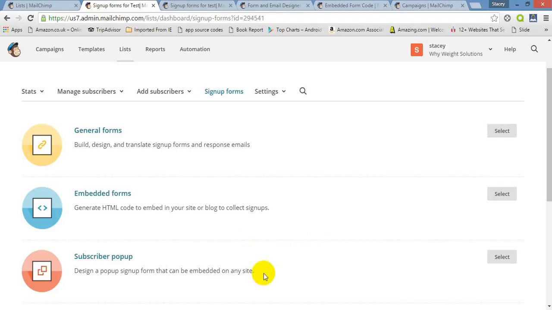If, however, you are looking just for a basic link where somebody can sign up, you would go with general forms. So I will show you both of these options. Generally, publishers are going to be using the general forms because they're going to be putting links in the back of the books and things like that, whereas bloggers or website guys, you're probably going to be using the embedded forms. So if we click on the general forms section,